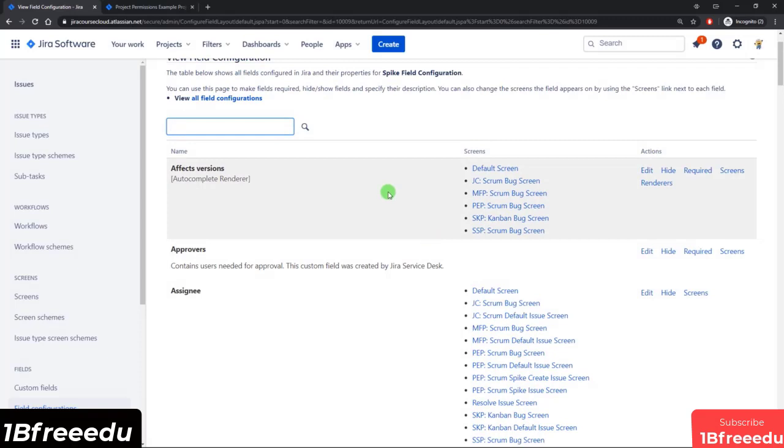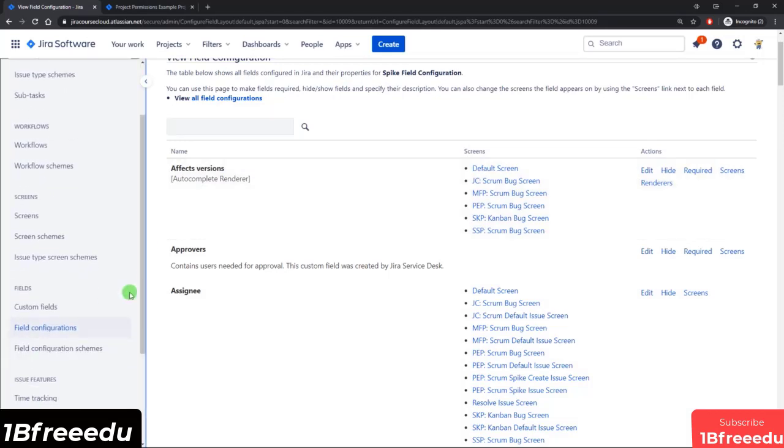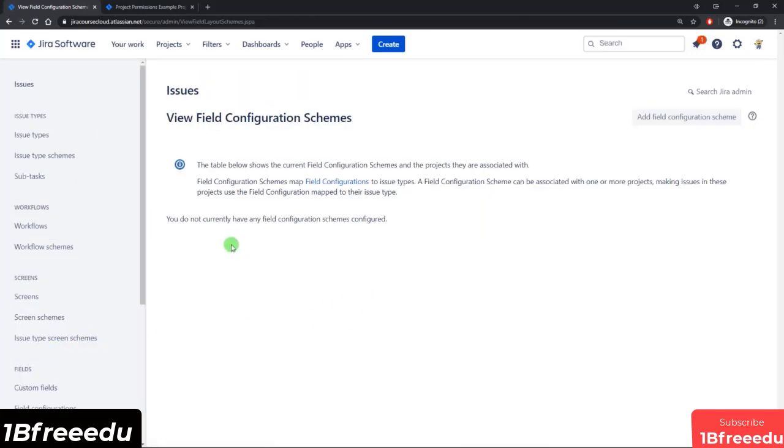So we've configured the behavior in this field configuration. The next step is to map it to an issue type, in particular the spike issue type. So that is done in the field configuration schemes. So when I go there, right now you can see that it says there are no current field configuration schemes that have been configured. However, that is not entirely true. There is a default system configuration scheme, and that is set up behind the scenes. I guess it's not showing it because Jira does not want you to modify it,